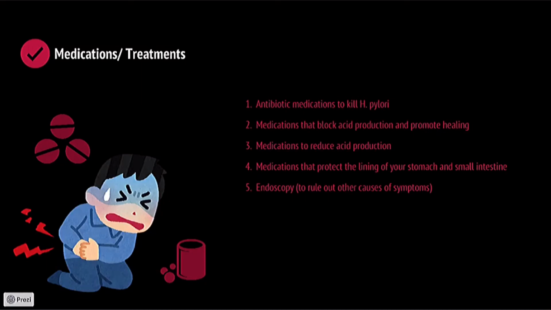Next, medications that block acid production and promote healing. For example, proton pump inhibitors, also called PPIs, which include omeprazole, lansoprazole, rabeprazole, esomeprazole, and pantoprazole. Medications to reduce acid production are also being used in order to treat peptic ulcer disease. For example, acid blockers,